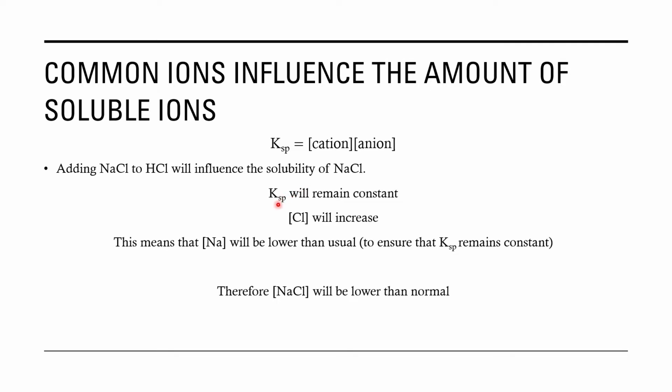The general concept is that the Ksp will be constant whether or not the sodium chloride was in hydrochloric acid or in water. What's different though is that in the hydrochloric acid, there will be more chloride ions present. The concentration of chloride in solution will increase. Now, what that means is that the sodium concentration will need to be lower so that we ensure that the Ksp stays constant. As a result, if the concentration of sodium is going to be lower in a hydrochloric acid solution, overall, there's going to be less sodium chloride that can actually dissolve,